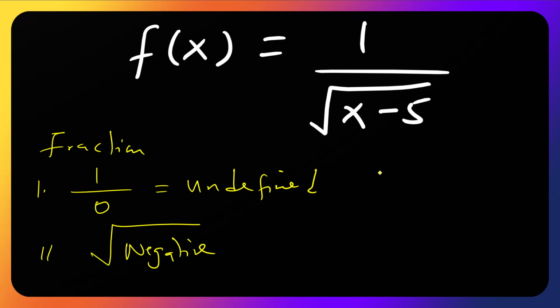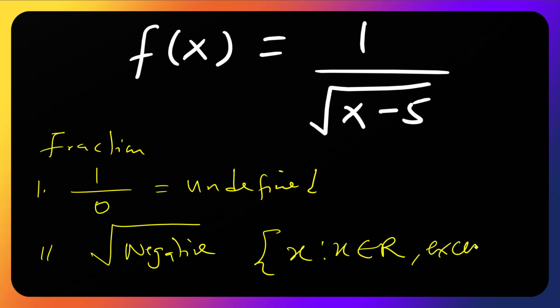When this side is 0, it will be undefined, and when this side is negative, it will be undefined. So our domain will be x belongs to all real numbers